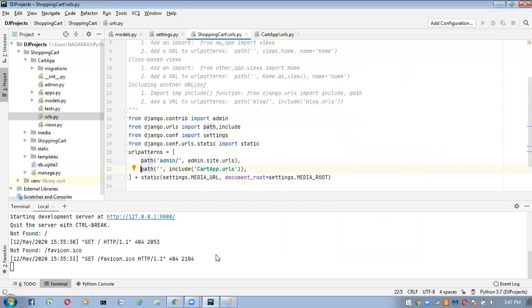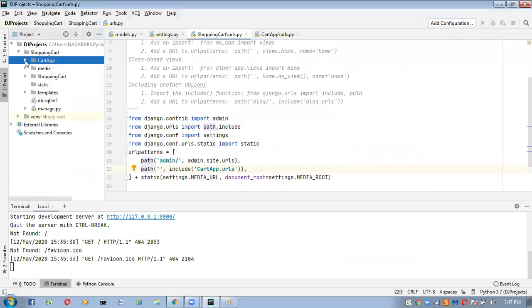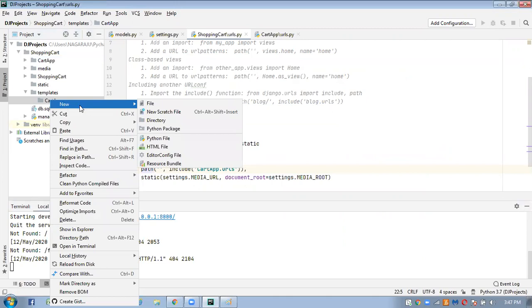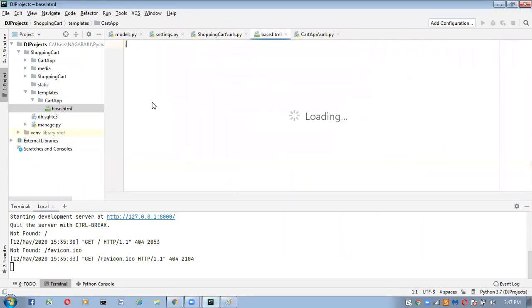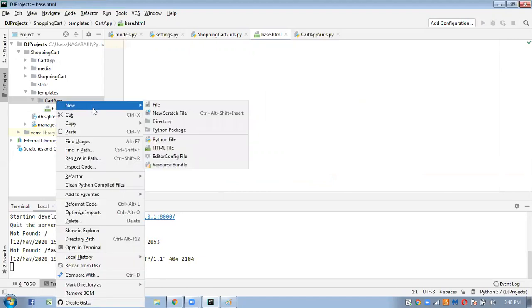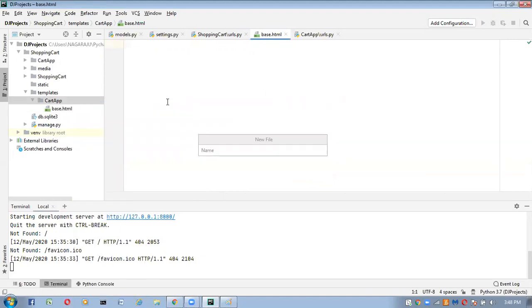Here we have the templates folder. Inside this templates folder, I'm going to create one HTML file with the name base.html. Next, the remaining HTML files also I'm going to create here. Next one I will take home.html.